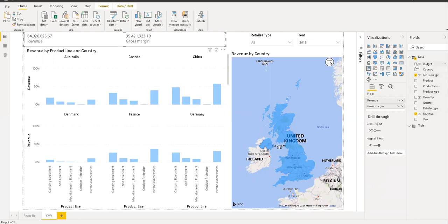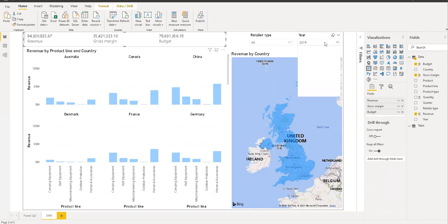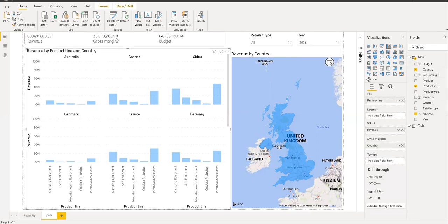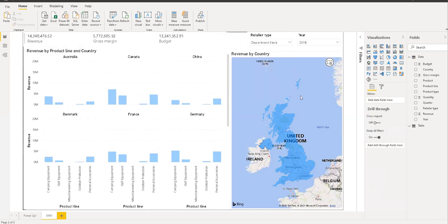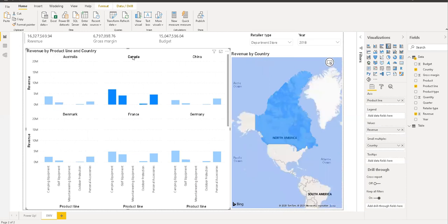There's some budget. So if I click 2019, everything is interactive. You see the graphs have changed. The multiple card shows at a glance how much revenue you have earned in 2018. Say if I select one of the departmental stores, how much revenue I have generated from the departmental store in 2018, it will give me all the things in one visual. The country wise data, you can see everything is here: in departmental store in Canada, how much money I have made, because I can hover over here. If you see 16 million, the same thing is coming over here.